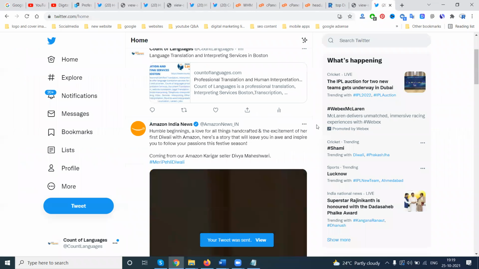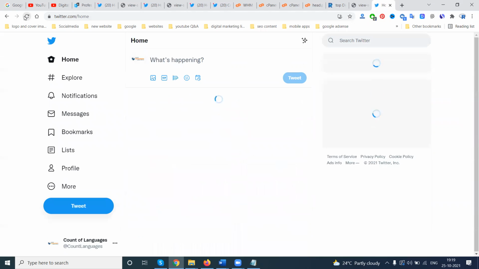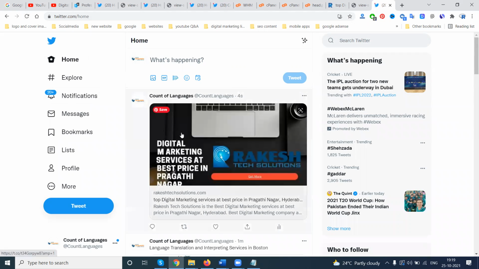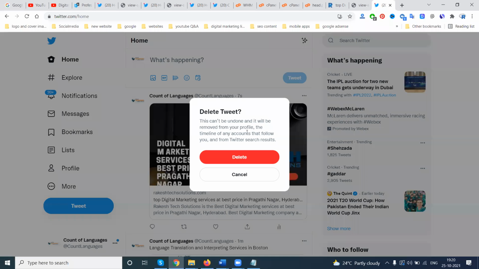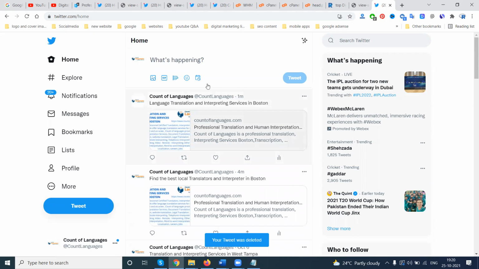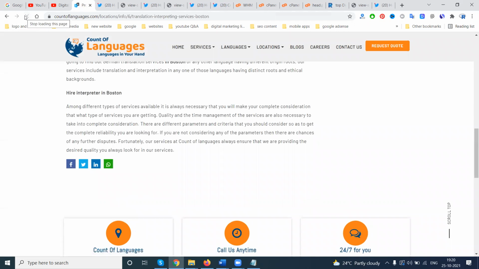After the tweet, I'll show this one. This image will be shown to the customer as a large image. Done. Once you post, we can't edit, it is only for delete. Is it clear? This Twitter card is done. Once it's updated, we can show any Twitter profile with the large image option. No third-party tools are required.